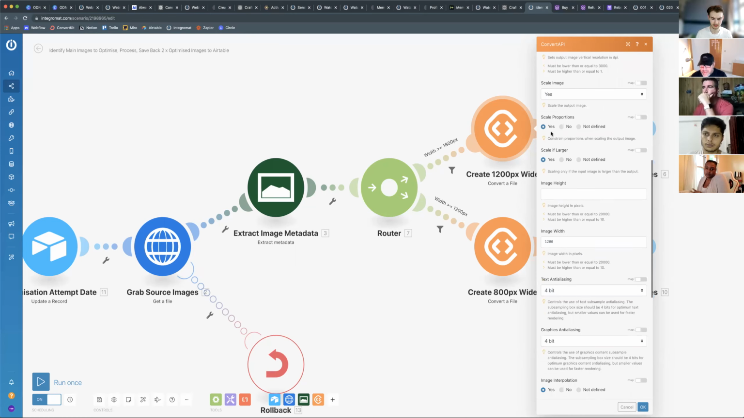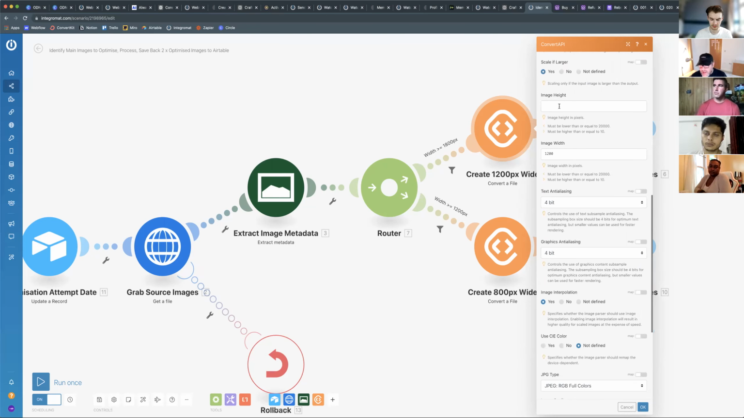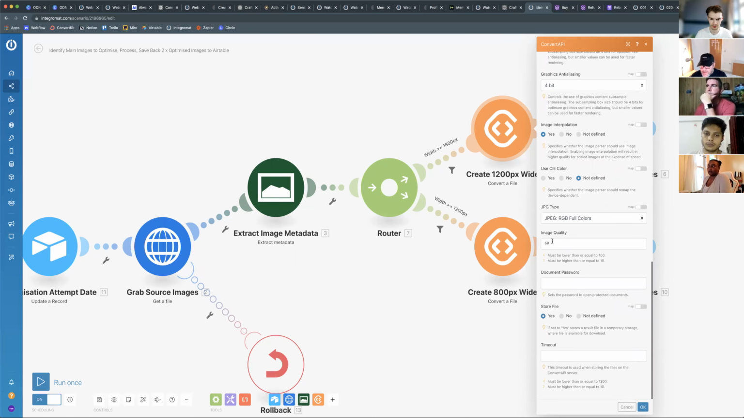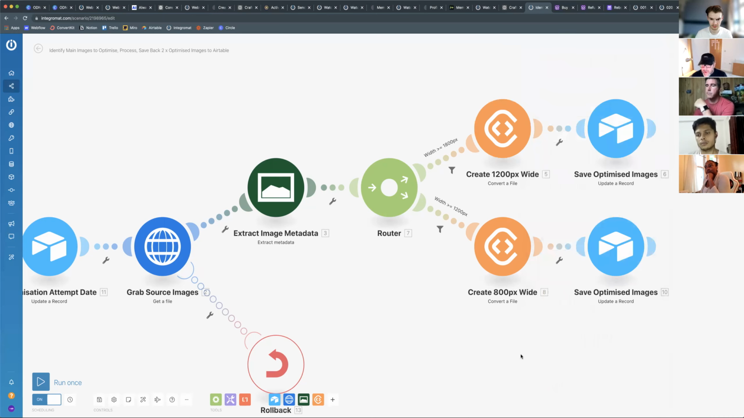I want it to be 72 pixels in terms of DPI. I'm going to scale it proportionately so that it doesn't squash. The width is the one that I set, and then it can set whatever height it wants. And I'm going to set the image quality at 60%, and I'm going to store the file. So this is an amazing little process that I can use to change that image or create 2 versions of